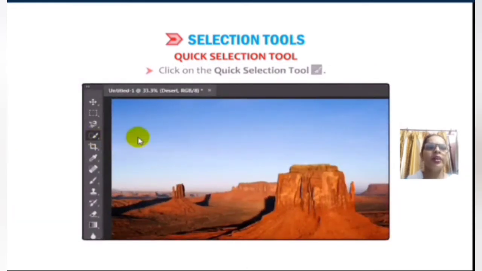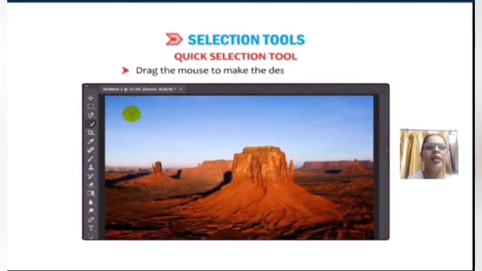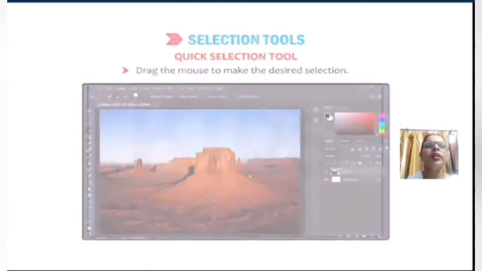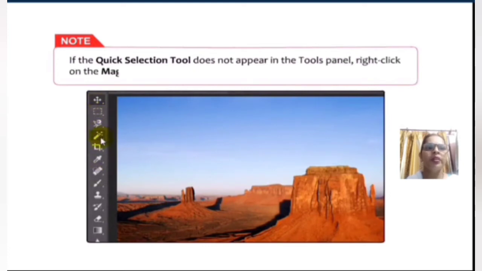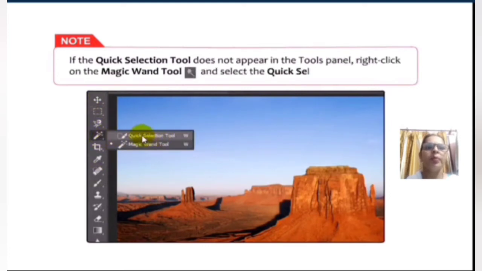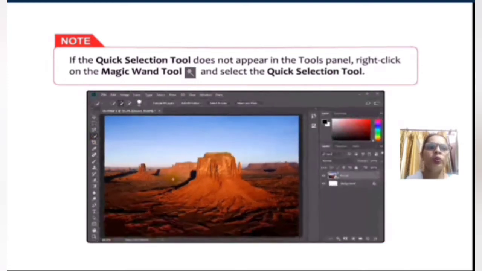Click the quick selection tool. Drag the mouse. Make the desired selection. If you want to delete the upper part of your image, you can do that. If the quick selection tool does not appear in the tool panel, right click on the magic wand tool and select the quick selection tool.